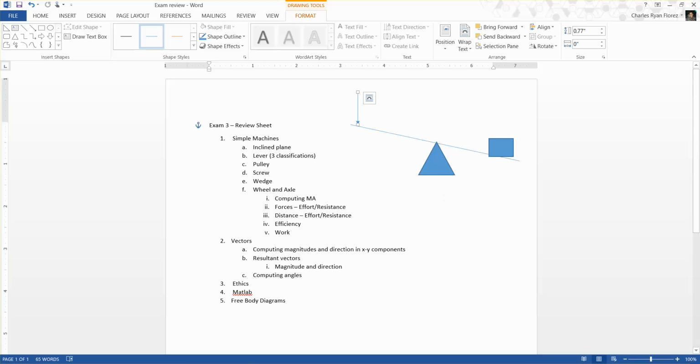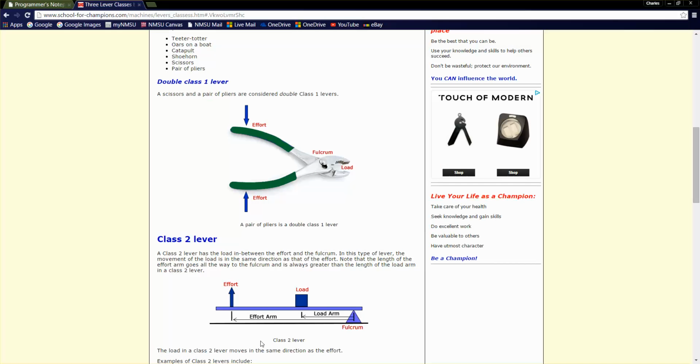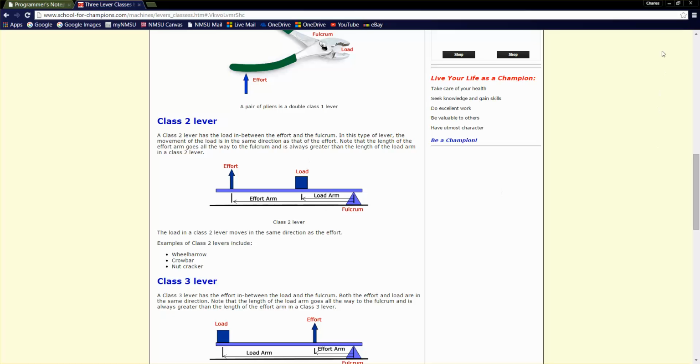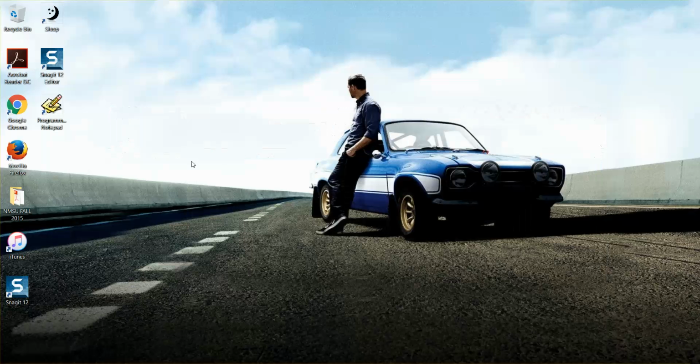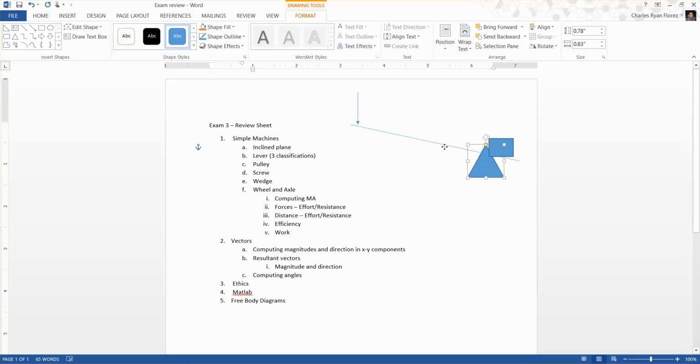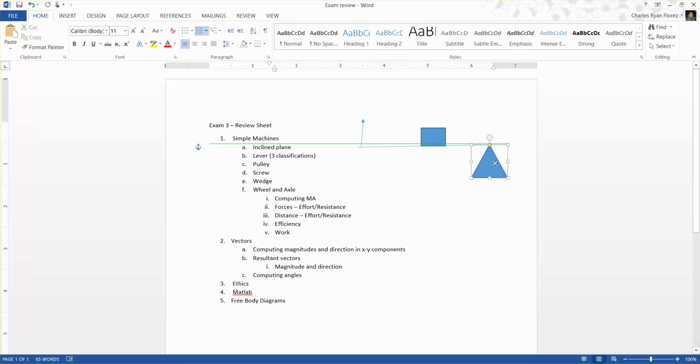So if we look into class 2, class 2 has the effort and the load both on the same side. I don't know, it's supposed to be vertical, but imagine that this is vertical. So your effort force and your weight or load are essentially on the same side. So you do have, again, mechanical advantage here